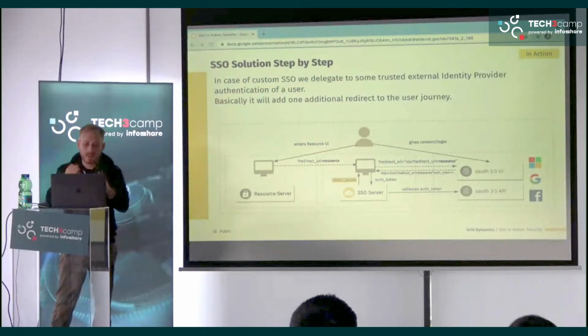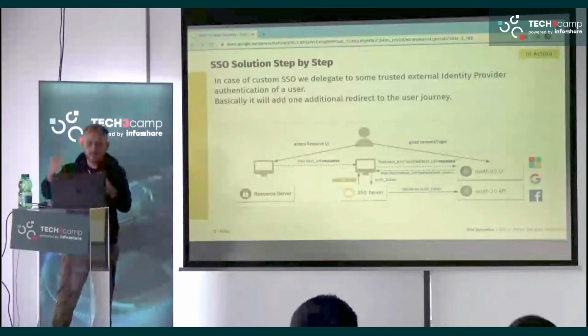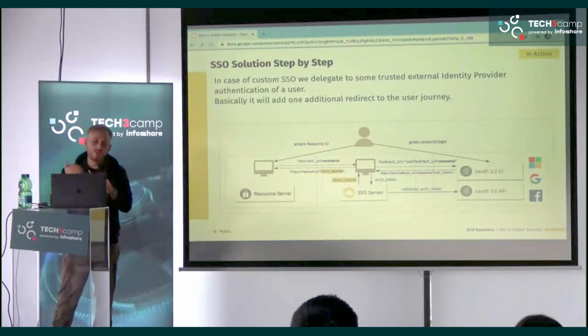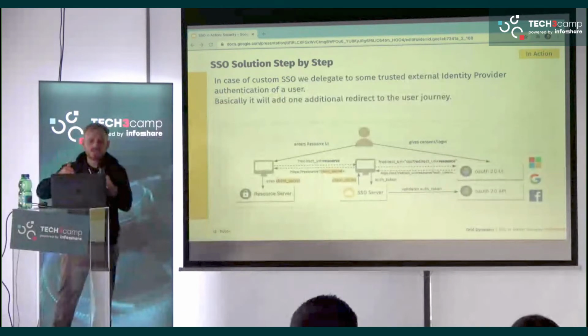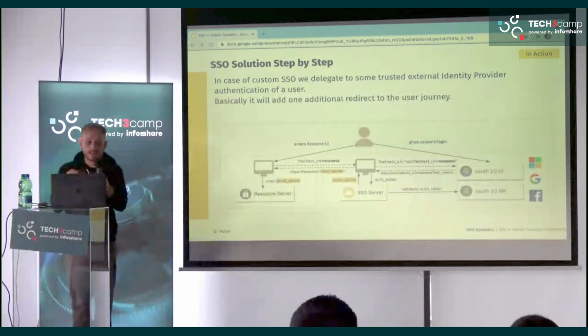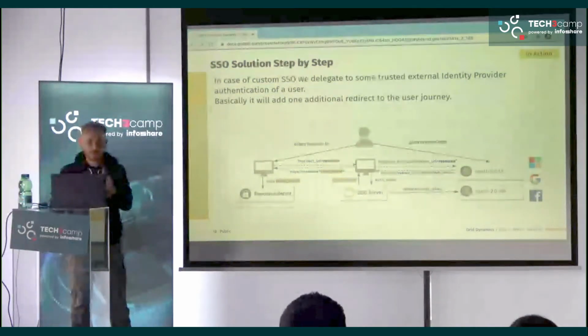Then we redirect the user back to the resource using the redirect URI we had before. At this time, the client secret is populated to the client application, and the client application uses the client secret to access the resource server. So yes, probably it looks complicated, but